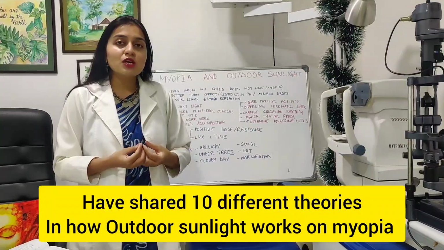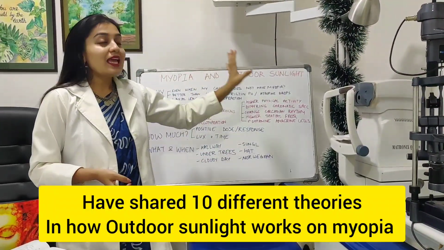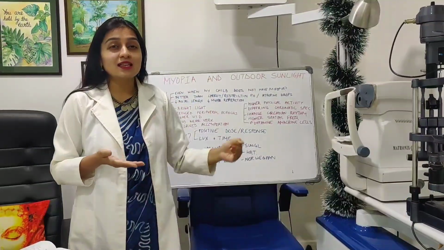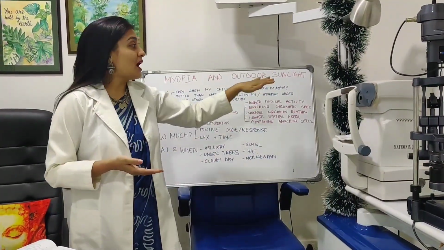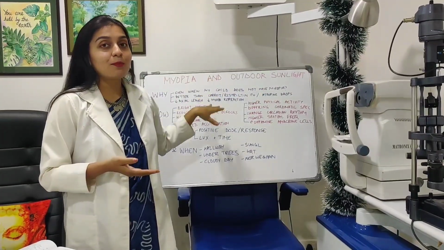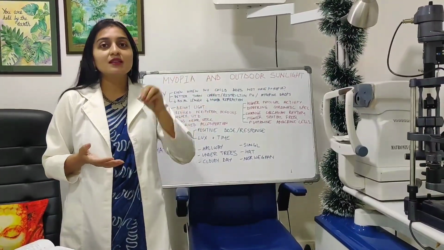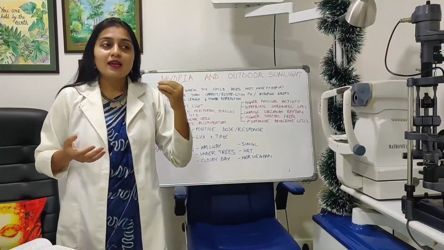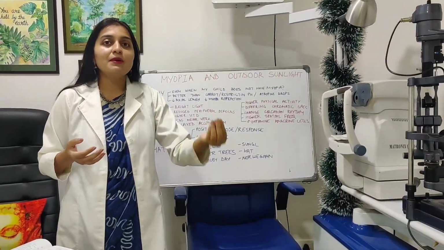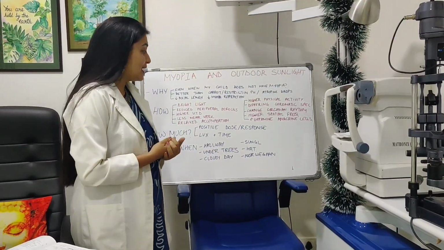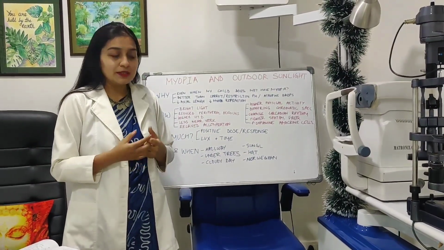Now the next thing I want to say is that they have found, irrevocably, meaning in every single study they have ever done comparing outdoor sunlight with myopia, that outdoor sunlight time does help in reducing the progression of myopia. It may be by 30%, it may be by 20%, but it does, and the significance is good.